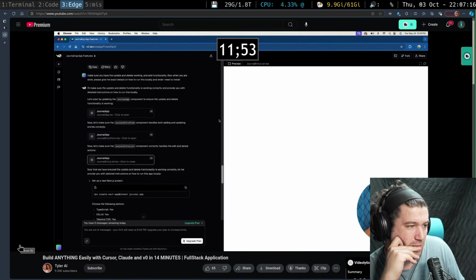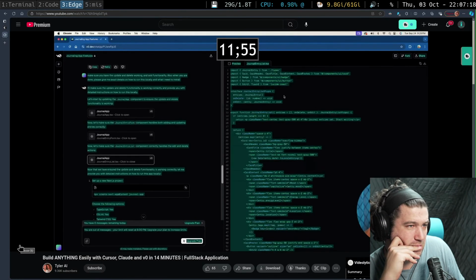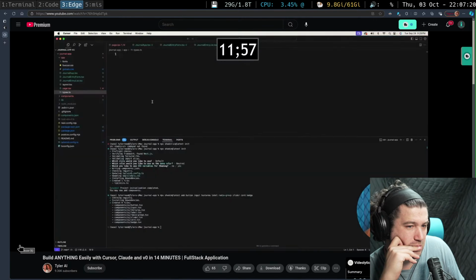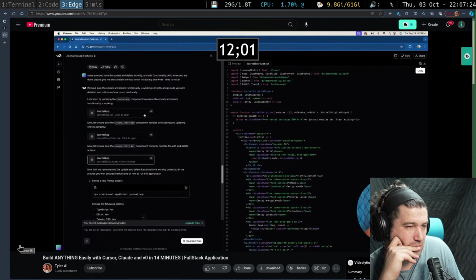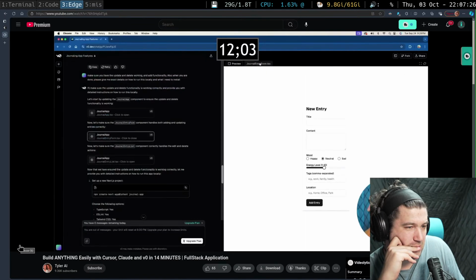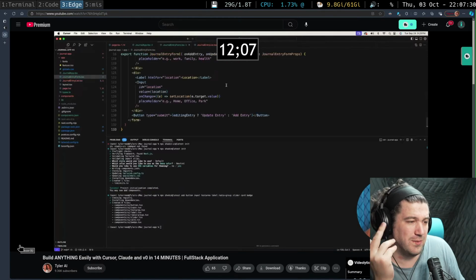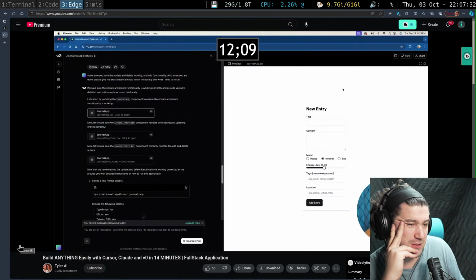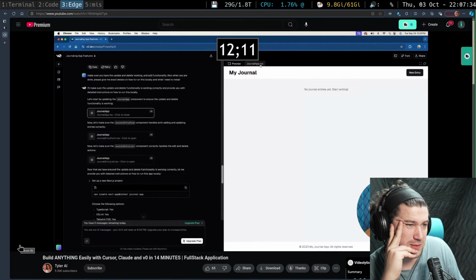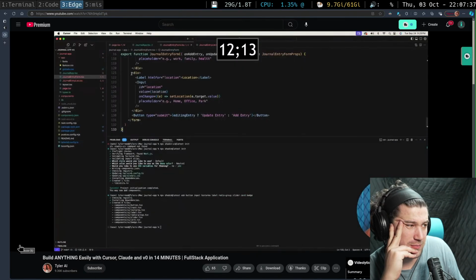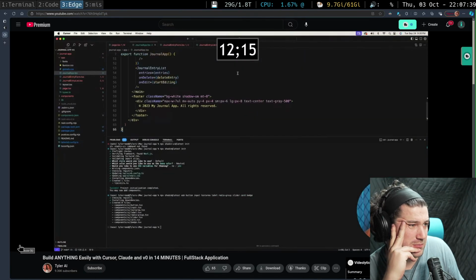So this is the journal entry list. Copy the code, paste that in there. And then the journal entry form, come in here, copy it. You don't even need Cursor for this. The .tsx, journal app, copy, and then journal app, paste.